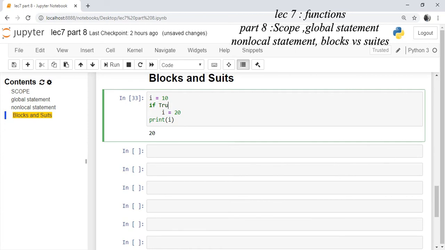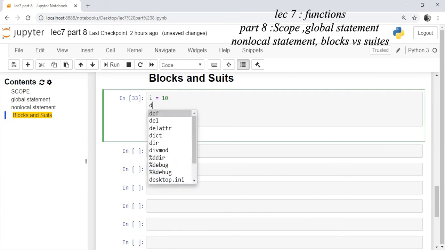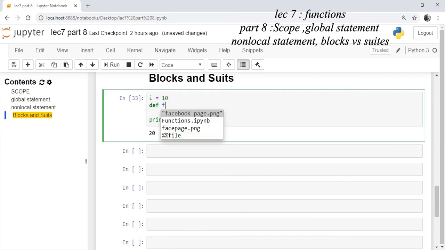Instead, if you define a block here, def func, a function func, and inside the function you write the statement. Now this I is different, this I is different. This I is of func, which is local to this block.